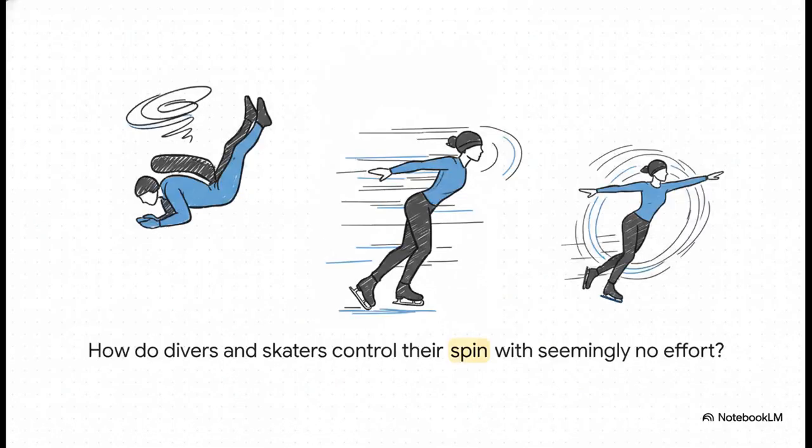We've all seen this, right? A graceful diver tucks into a tight ball to pull off multiple somersaults, or a skater goes from this slow, elegant spin into an absolute blur. So how in the world do they control their rotations so precisely, especially when there's nothing to push off of